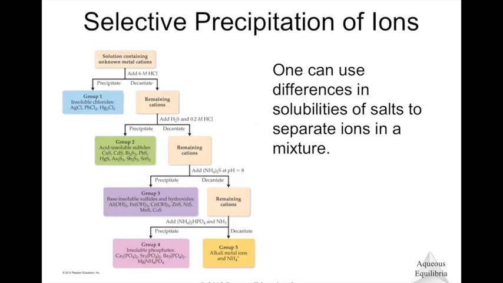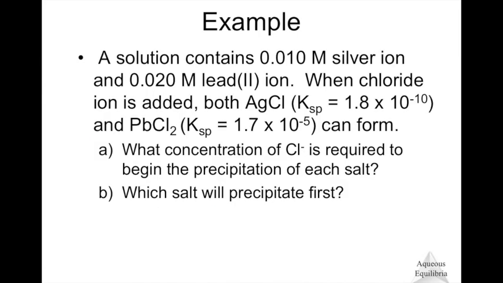And you can use those differences in solubility to separate ions in a mixture. So this is just a big flow chart of an example of how you could do lots of different things to get different ions to come out of a mixture of lots of different stuff. Unlikely to see anything like that, but something highly likely you will see is asking, will a precipitate form,